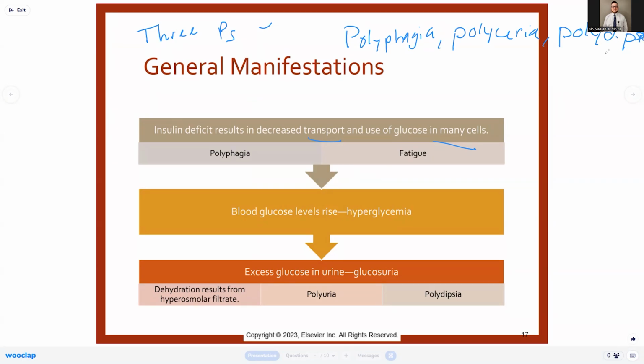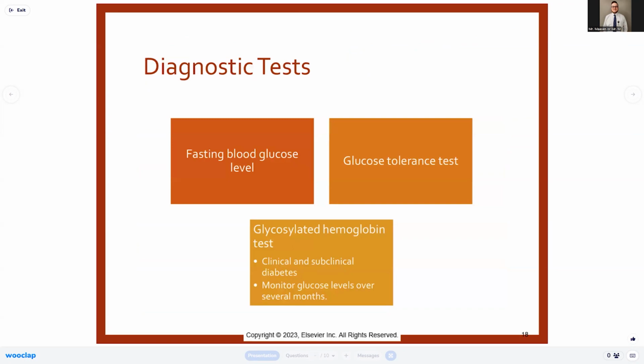So those are the 3 Ps, the manifestations of hyperglycemia, of high glucose: polyphagia, polyuria, polydipsia. You're going to be hungry, excessively thirsty, and excessively peeing. And those are all related to glucose not getting into the cells like it's supposed to. Again, these would be the same manifestations for type 1 or type 2. It's the same problem. So, diagnostic tests,